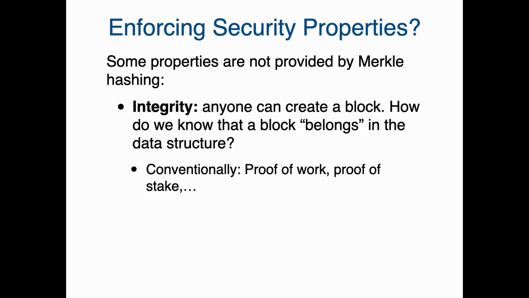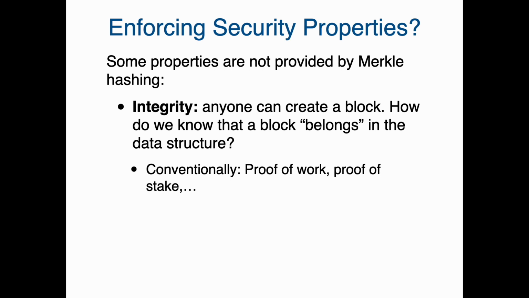So integrity is one property that we care about a lot. So what does integrity mean here? Well, integrity is more than just being able to verify that the structure you see is the one that you expected to get to. It's also about making sure that the structure that's being built is the correct structure. So in Charlotte, anybody can create a block and advertise it to people. So how do you know that the block that you're seeing is the right block? Is it the correct next block in the blockchain?